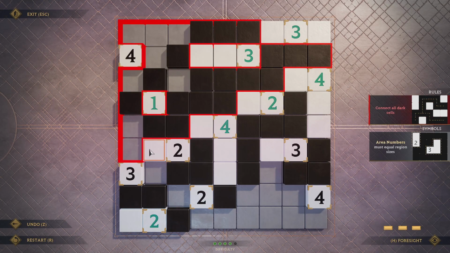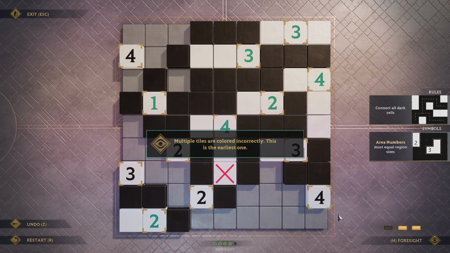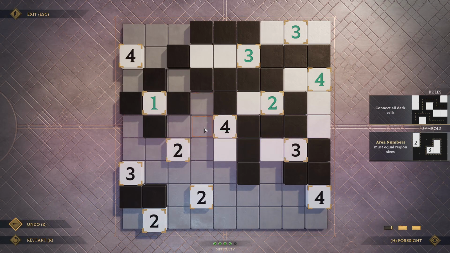Whoops, looks like I made a mistake. Let's use Foresight real quick to see where I made that mistake. Okay, so I made the mistake over here because I had... Let me back up. I had not considered that the 4 can also come this way. So instead of just saying, oh, that's wrong, I know that's wrong, so I'm going to just color it the other way, we're actually going to undo it and keep it at this because...